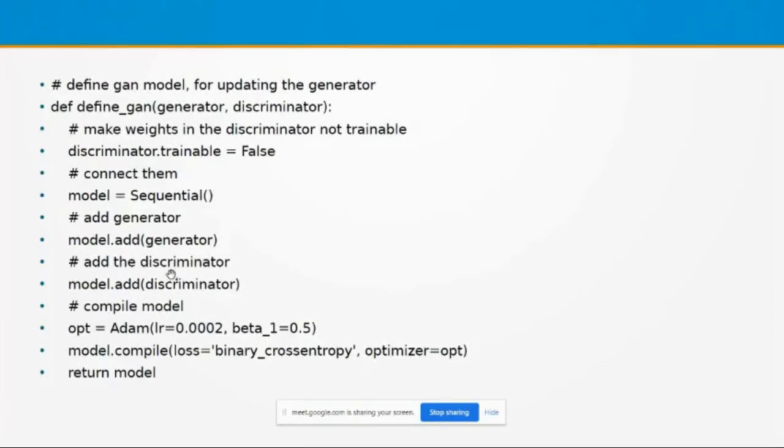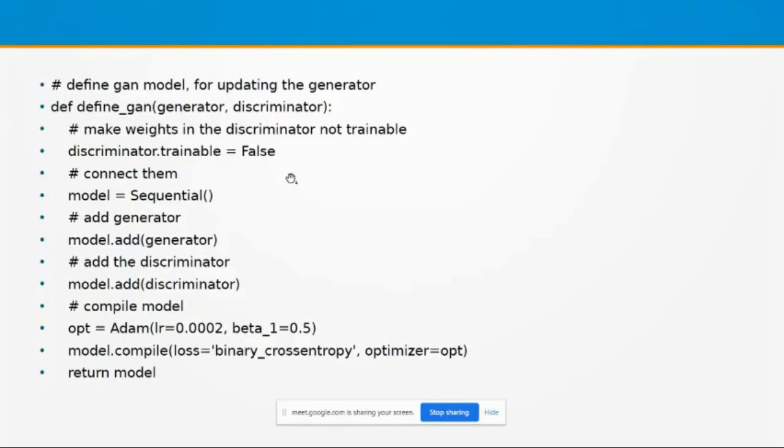Inside this, we can compile, that means we can implement the training inside this particular function. But during the training process, the discriminator's weights are not modified, because discriminator.trainable is treated as False.